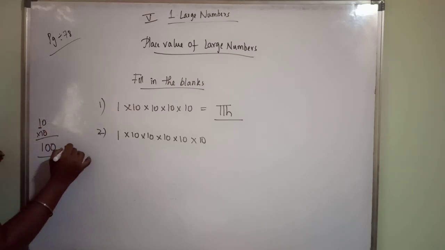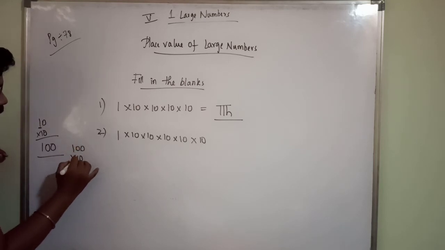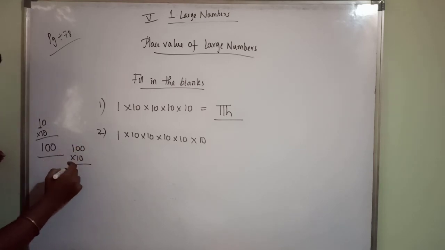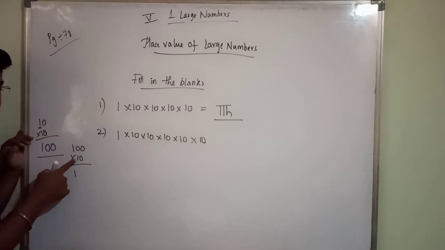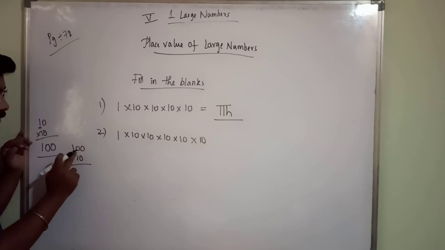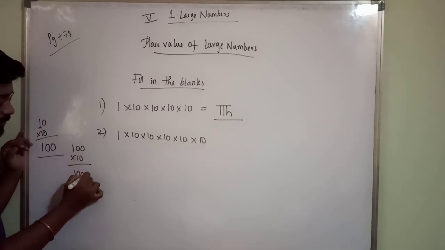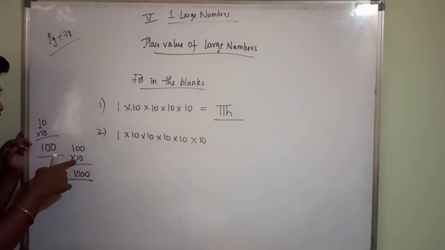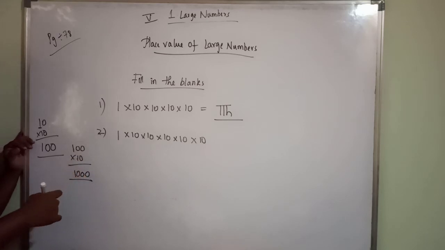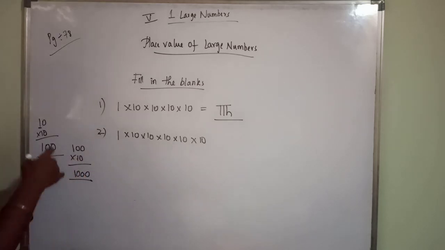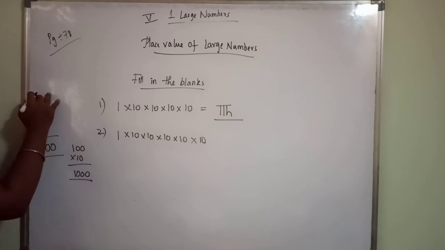This is a trick. If you want to do 100 into 10, what you will get? So 1 ones are 1. How many zeros are there? Here 1 and 1 both are same. Okay. If it is like that only you can do. 1 is there here, 1 is there here. Remaining are zeros. Here 2 zeros are there, here 1 zero, 3 zeros. Okay. Here 1 1. 1 into 1 1. So how many zeros are there? 3.